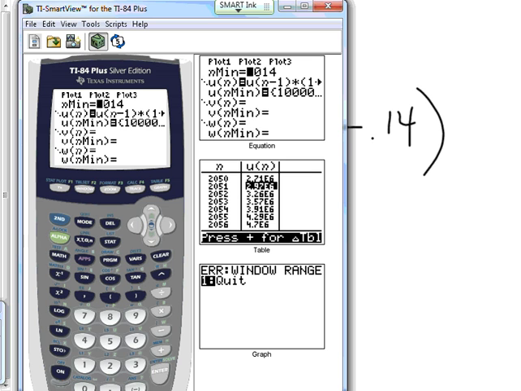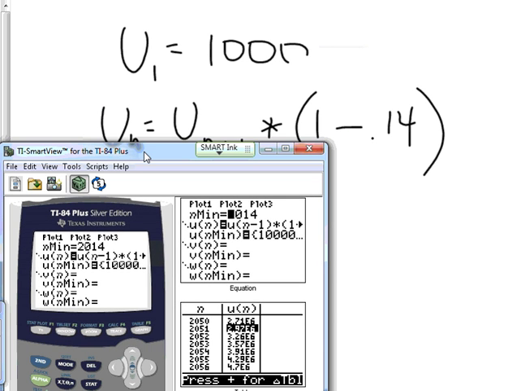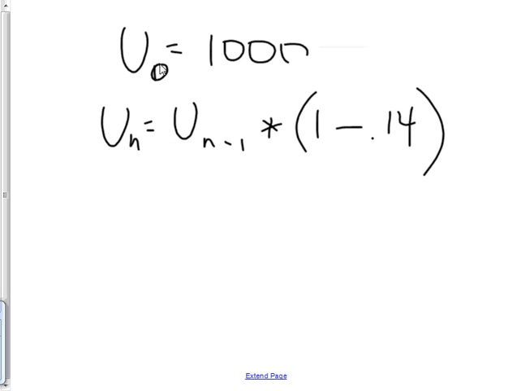All right, now let's put that into the calculator. Everybody grab your calculator, and we're going to start with, you know what, instead of u sub 1, I think we should start with u sub 0, because anytime you're given a real-world problem, u sub 0 usually works better. That way we can say, after 1 year, how many moose are left? After 2 years, how many moose are left? If we start with u sub 1, after 1 year would actually be u sub 2, not u sub 1. It can be really confusing.